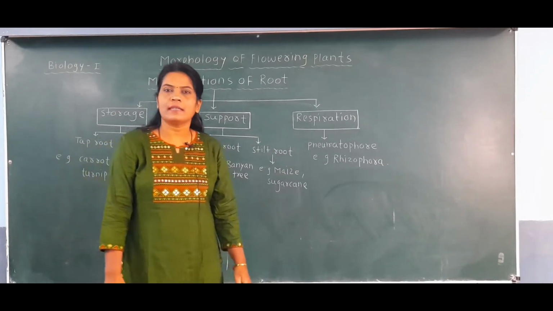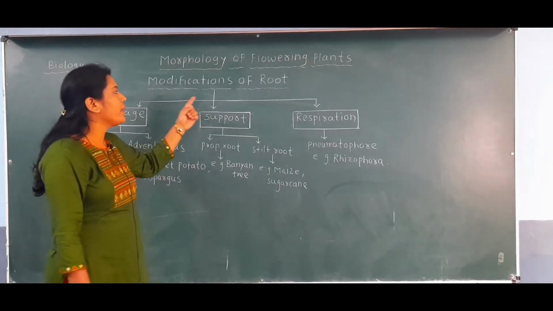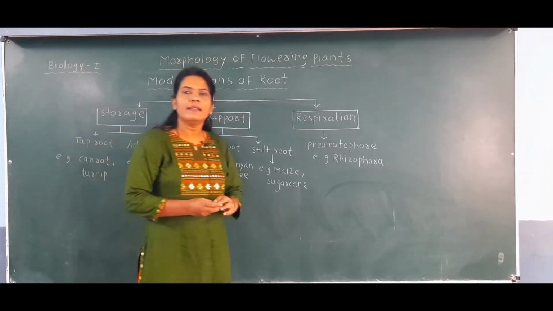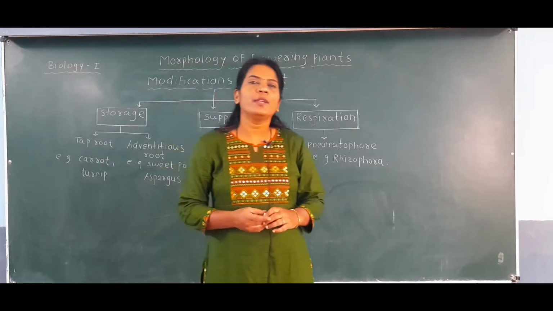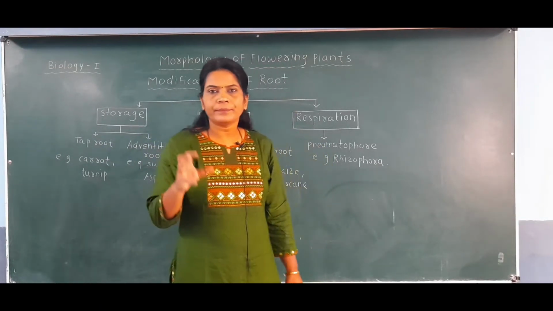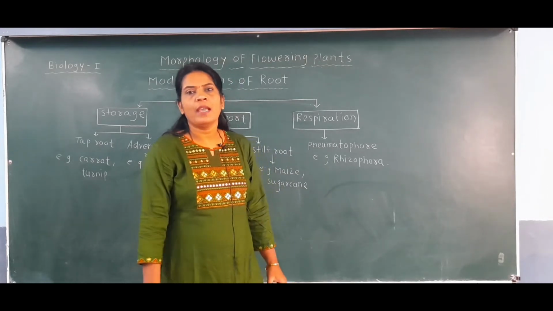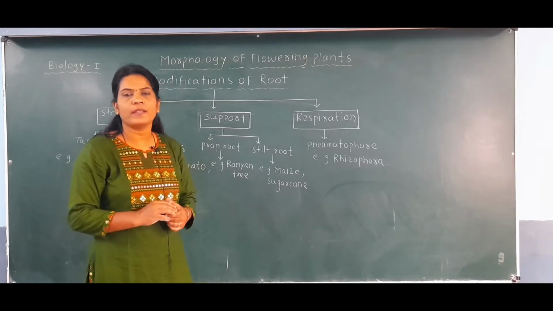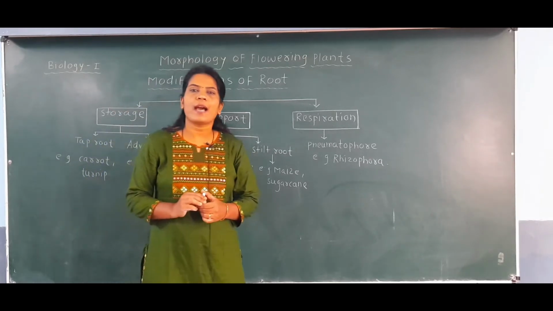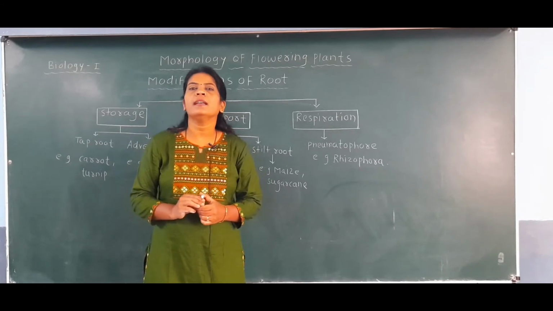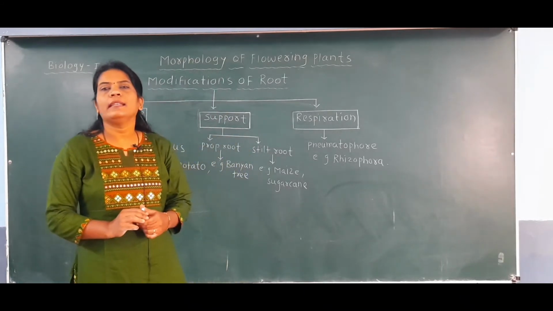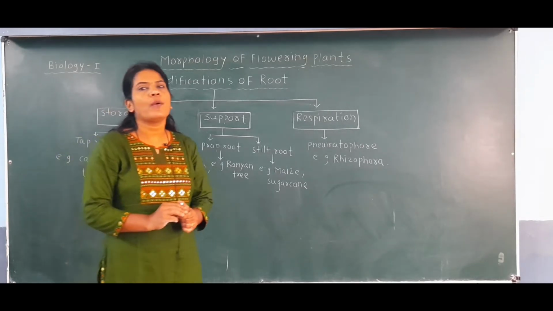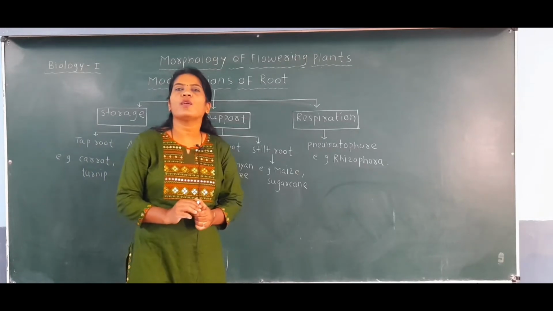Today we are going to discuss the modifications of roots. In the previous lecture we have seen the types of roots as well as the regions of the roots. We saw that there are overall 3 regions observed in the root part of the plant: the meristematic region, the region of elongation and the region of maturation. We have seen the function of each region of the root as well as the functions of the root cap